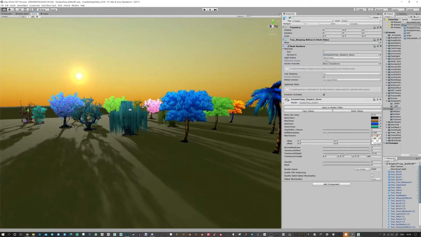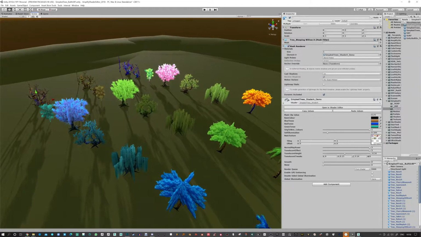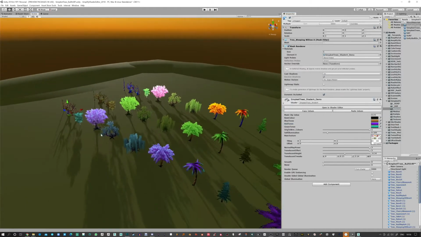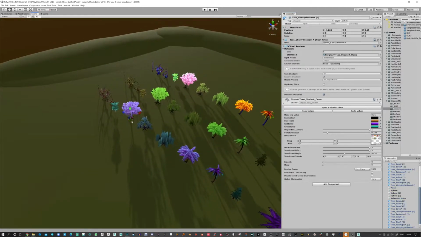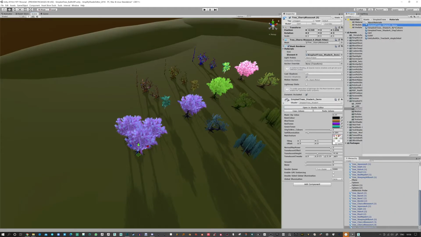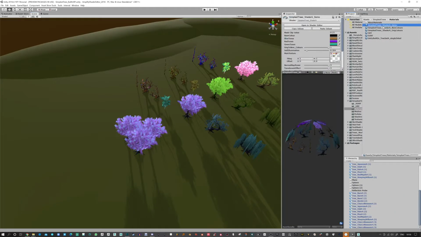Okay, so I've basically changed the original colours, so if it detects red from this one, it's going to change anything red to this blue, so red to red, and we can get loads of variation out of these. So if you had your scene built up with a bunch of these trees, let's just make a few copies like that. You could make a couple of copies of the material or use one of the ones that are there already. So I'm just going to duplicate that, call it demo 1, throw that on one of these,